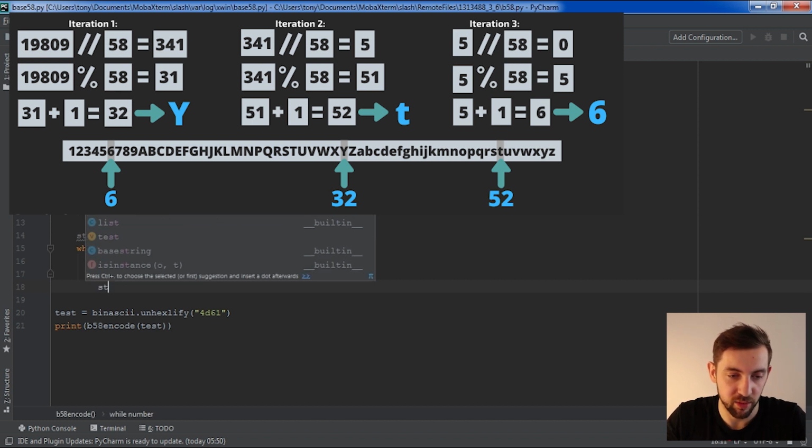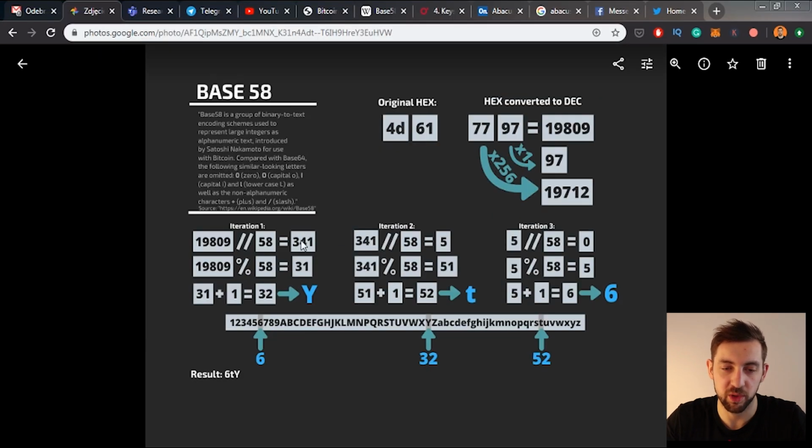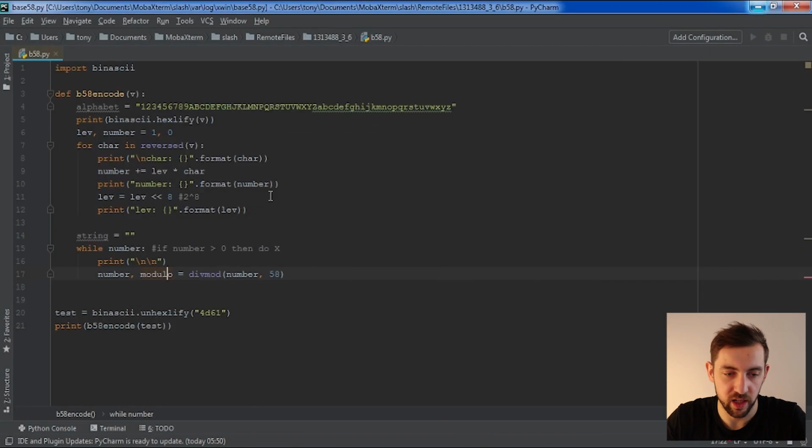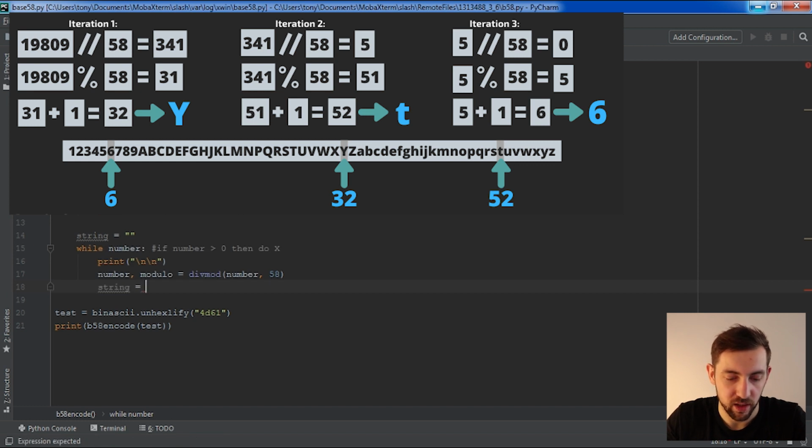And that would be our result for the first iteration. We would have the number and we would have modulo. Looking at our infographic, the number would be 341 and modulo would be 31. So yeah, let's try to build the string out of it. So string equals our alphabet indexed by the modulo, sorry, and